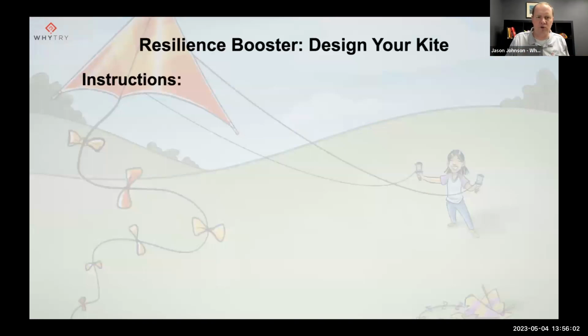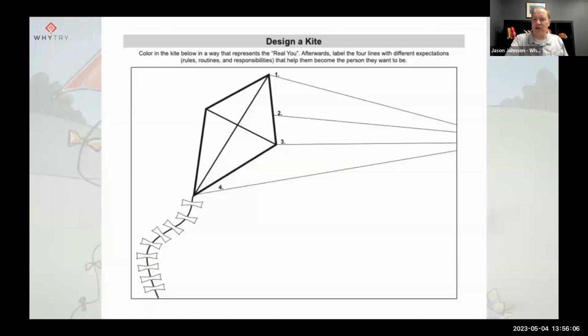We'll put up a QR code and we'll send it to you. But the worksheet invites kiddos to highlight and identify lines in their life which could represent rules, routines, or responsibilities that can help them be the person they want to be, and then they can color it and decorate it. So this is the actual worksheet, and we're going to give you a copy of this as well. So there's a quick walkthrough of one of our actual lessons. I downloaded it directly from the website. We're going to give you all a copy of it,